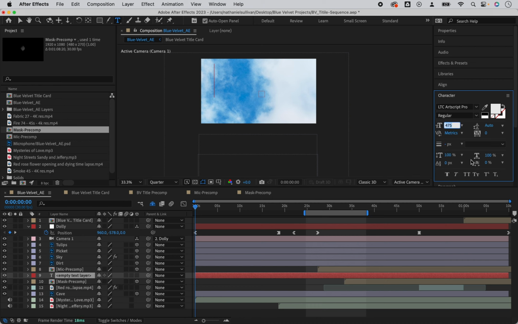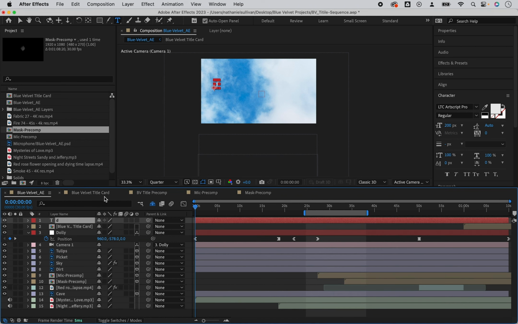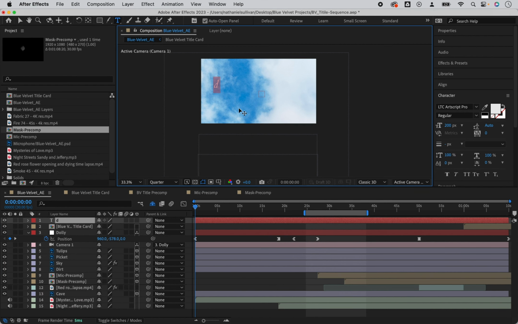I'll change the size so that the actor and crew names are smaller than the title of the movie that appears at the end of the title sequence. I'll keep the same typeface for aesthetic continuity. I'll move it to the top. This will remain a 2D layer so that it rests on top of my 3D layers. I'll type in David Lynch, the name of the director.